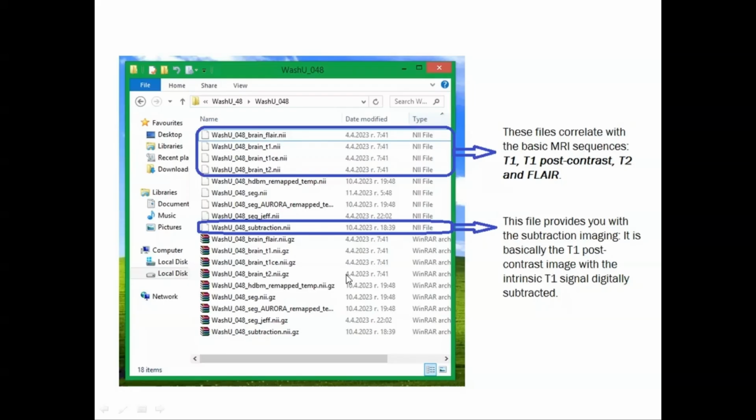And in some folders, in regards to some cases, you might find the subtraction file, and this file provides you with the subtraction imaging. It's basically the T1 post-contrast image with the intrinsic T1 signal digitally subtracted, and this sequence is pretty helpful for